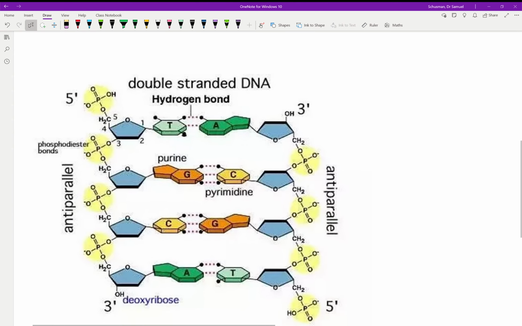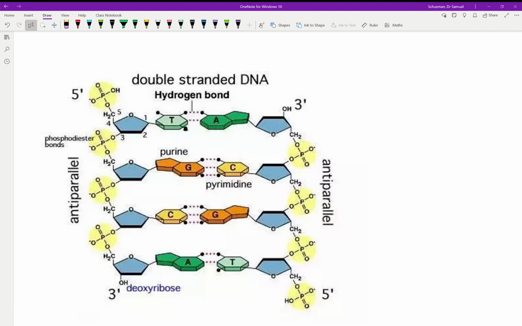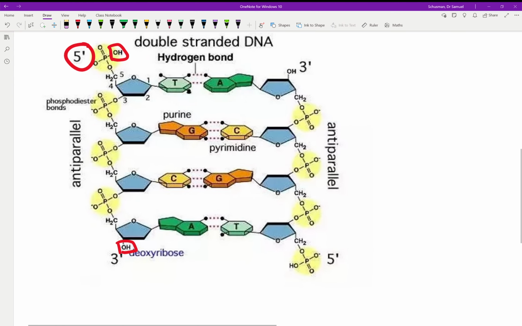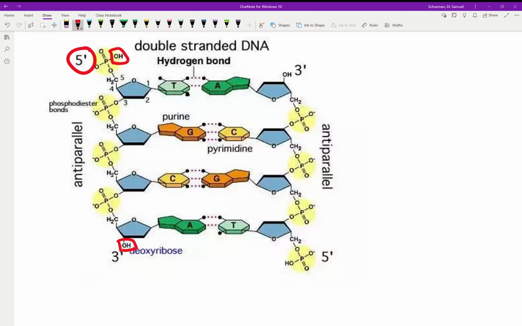If we wanted to grow this DNA strand, so if I wanted to add another nucleotide onto this DNA strand, I could either add them here, because the hydroxyl groups are the reactive bit, so I could either add it here, or I could add it here. So this means that you actually have two ends to your molecule which are asymmetrical. You've got the 5' end, which is the bit with the phosphate exposed, or you can have the 3' end, which is the end of the molecule where the 3' hydroxyl group is exposed from